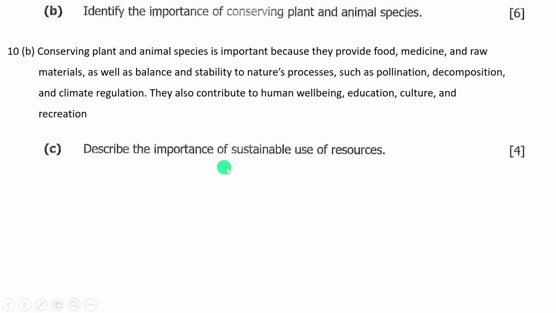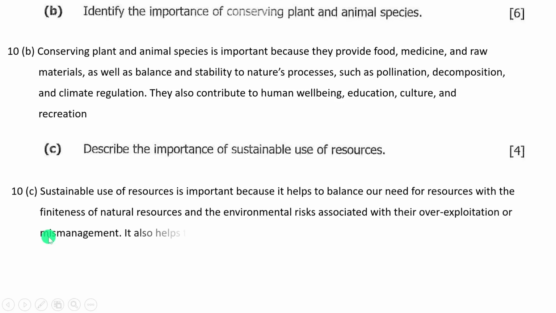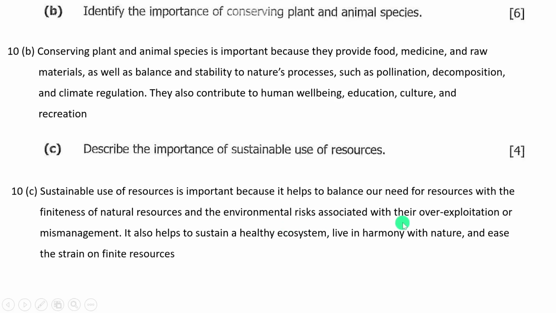It says describe the importance of sustainable use of resources. So here you can say sustainable use of resources is important because it helps to balance our need for resources with the finiteness of natural resources and the environmental risks associated with their over exploitation or mismanagement. It also helps to sustain a healthy ecosystem, live in harmony with nature and ease the strain on finite resources. Yeah, so we have come to the end of this biology